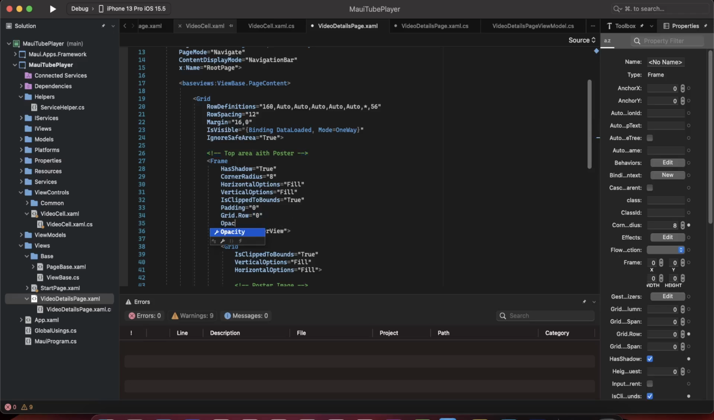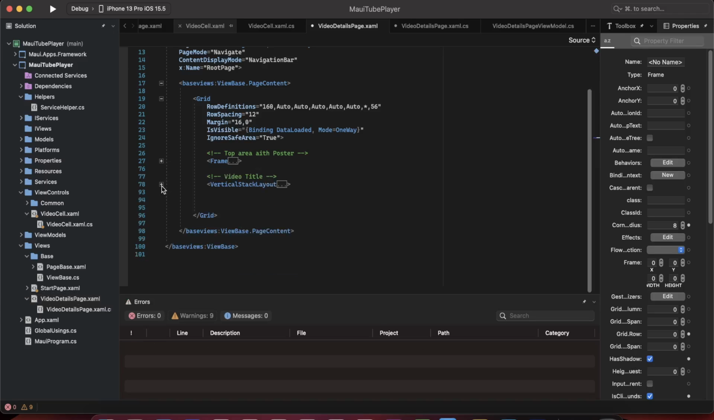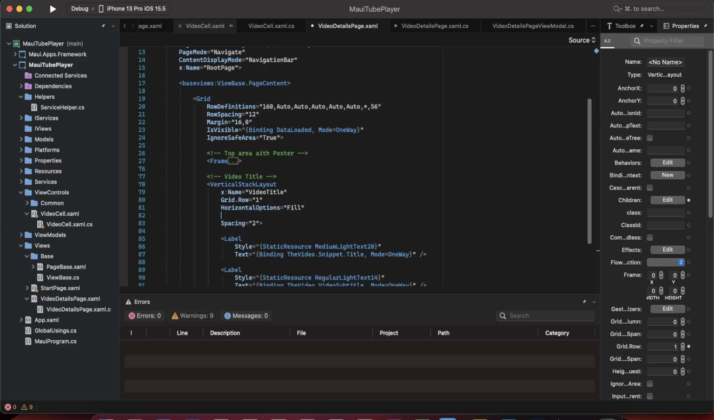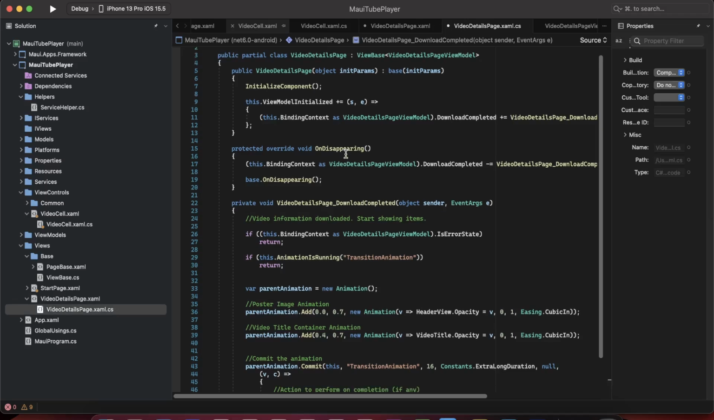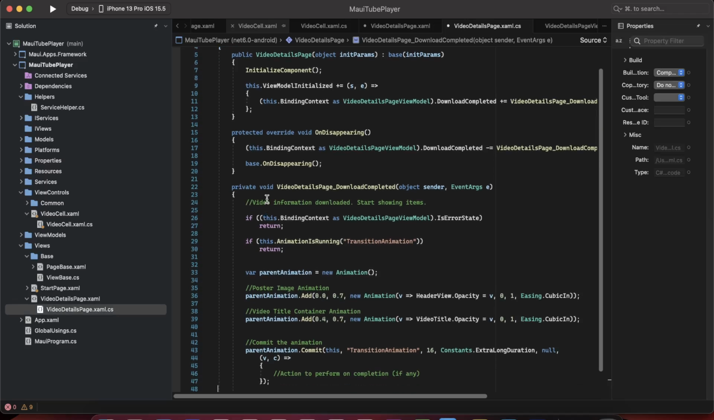An additional thing I'm going to do is set its opacity to 0 for this control as well as for the other control. So basically when this page starts, both these controls are more or less invisible. They are not invisible, but their opacity is set to 0%, so nothing is visible on the screen. But once the page has completed loading, or once that event is raised from the view model,